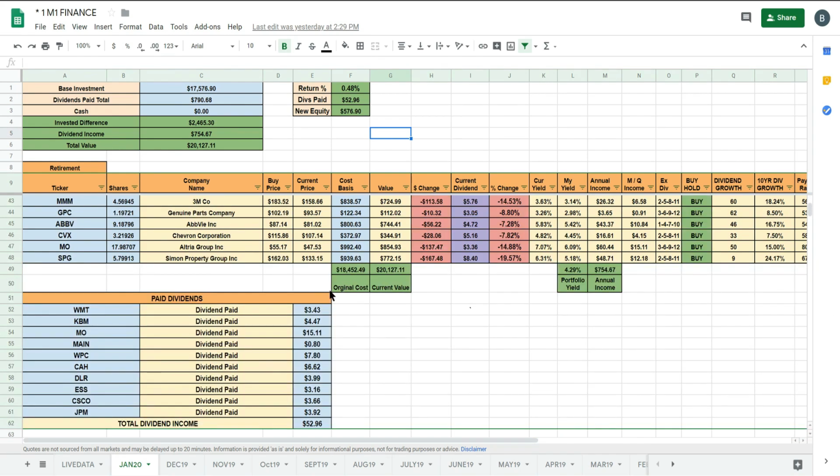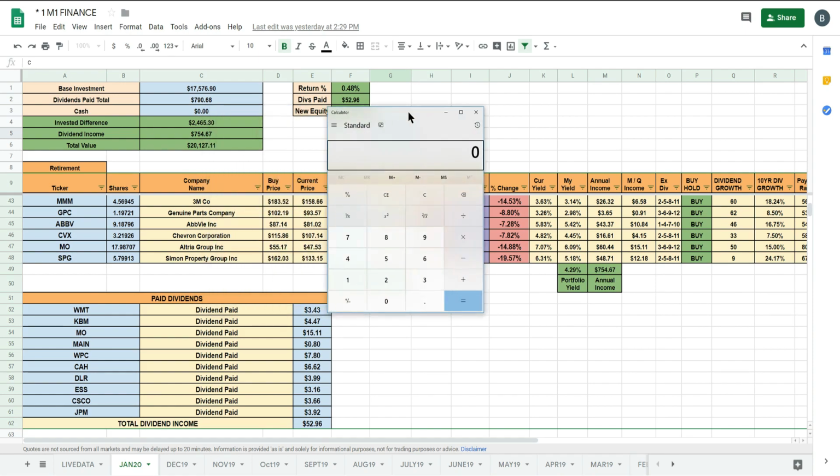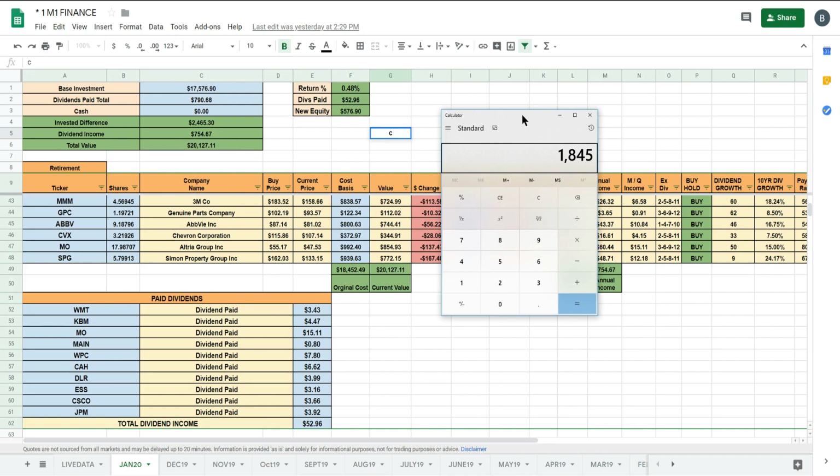Now, as we scroll down here, you'll see that my original cost for all the shares that I own is $18,452.49. There's a difference here of almost $1,000. Those are the dividends working for me that have been paid out in the account. So there's a difference there. If we bring our calculator here and we capture this difference for 18,452.49 minus 17,576.90, there's a difference of